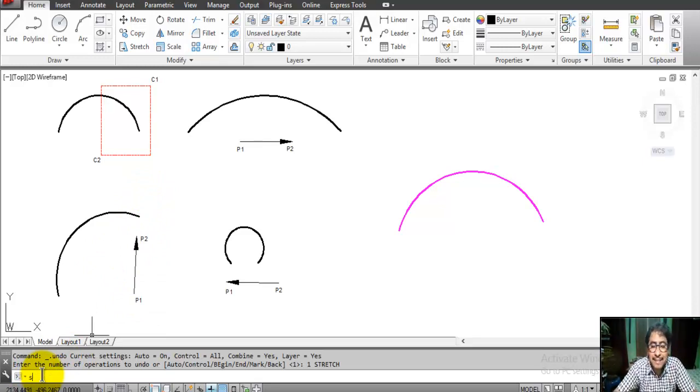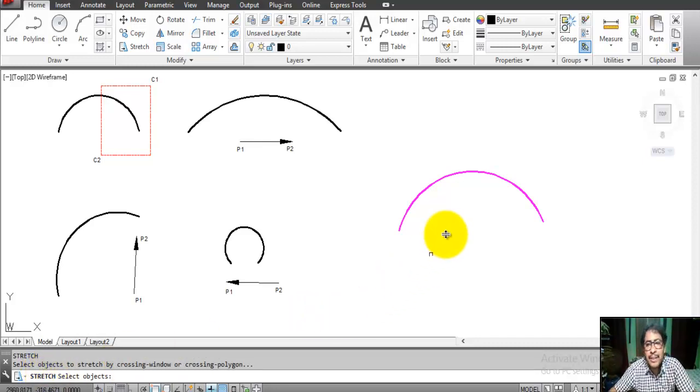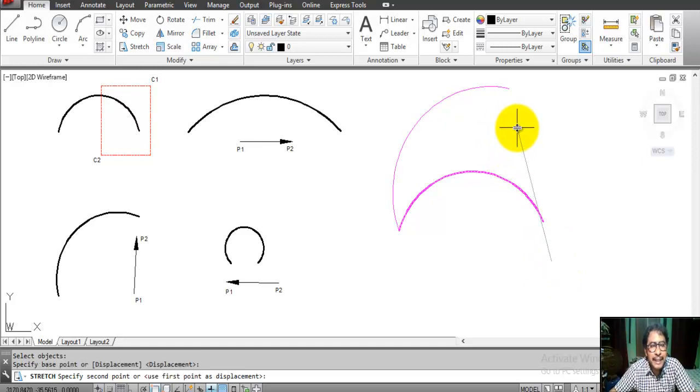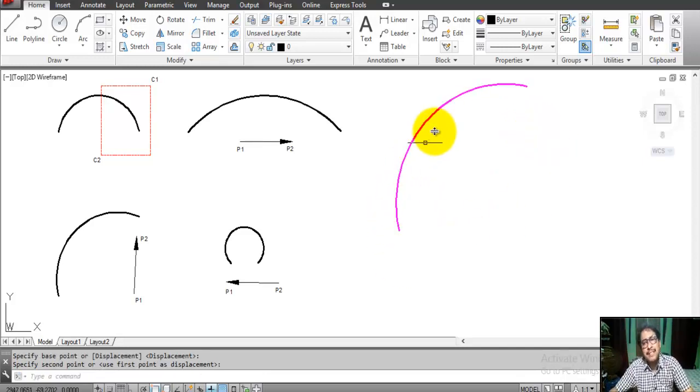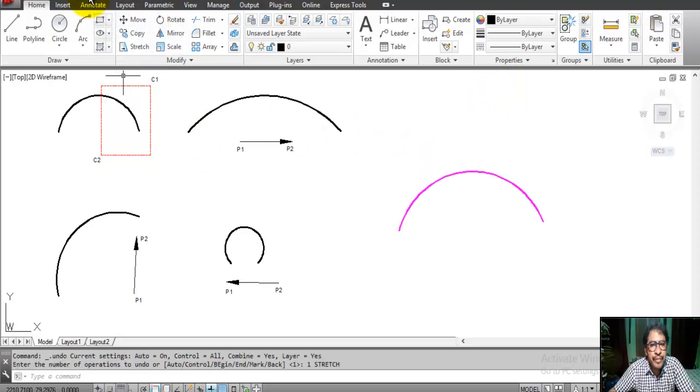We type the stretch command shortcut S, enter, select object C1, specify opposite corner, this is C2, enter, specify base point, this is P1, specify second point, this is P2. Now the curve increases in this way.